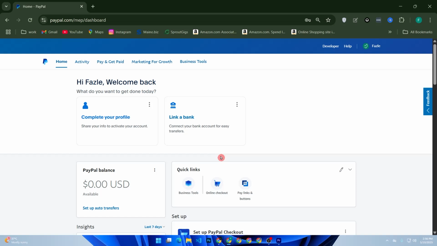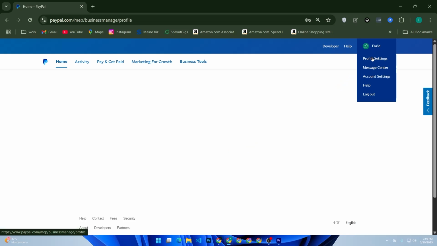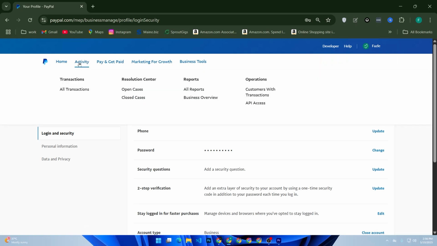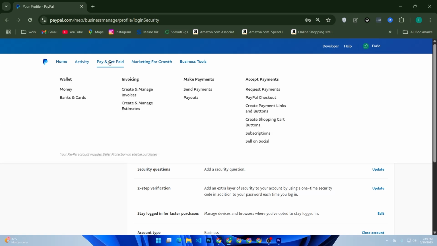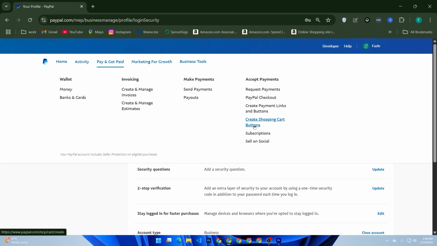Once logged in, click the gear icon for settings from your dashboard at the top. Click profile settings or go to activity section. Then choose PayPal buttons from here. Click shop create payment link button